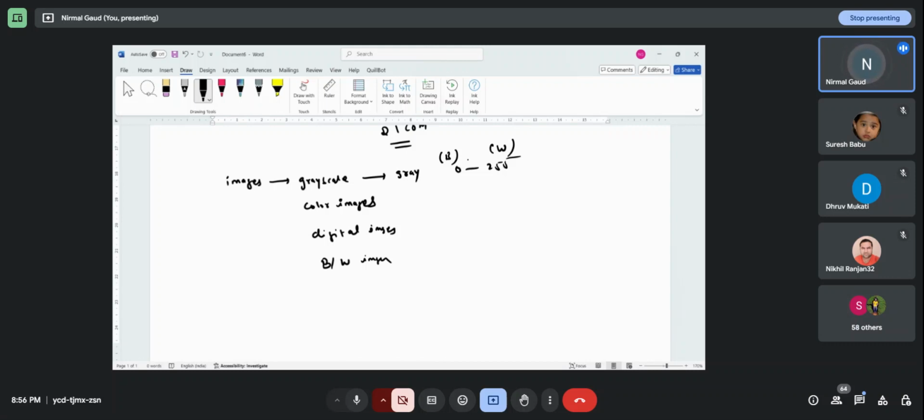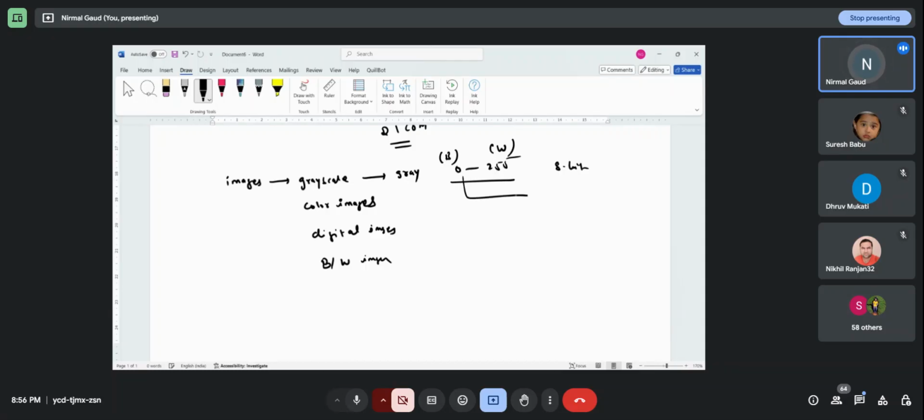However, there are intermediate values also, so it's a range of values from 0 to 255. People confuse black and white, grayscale, and color. So grayscale images use 0 to 255, the numerical value representation for the pixels, and it's stored in 8-bit format.